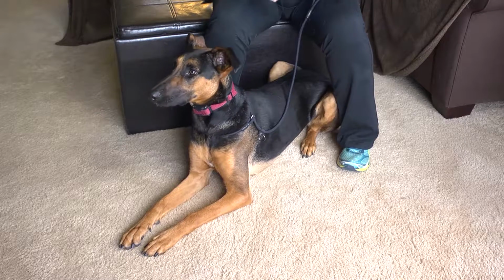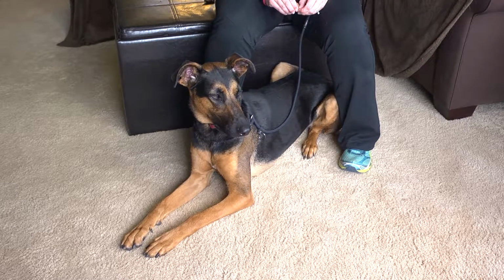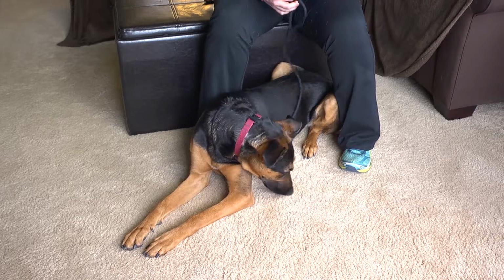Well, Jovi is still a work in progress, which has been a really interesting thing. She knew a lot of obedience things, sit, down, stays. She sits very nicely to wait for her food to be served to her. She's really great with my kids, who are very young. They're 9 and 7. So she had a lot of foundation work, but it was just her high level of